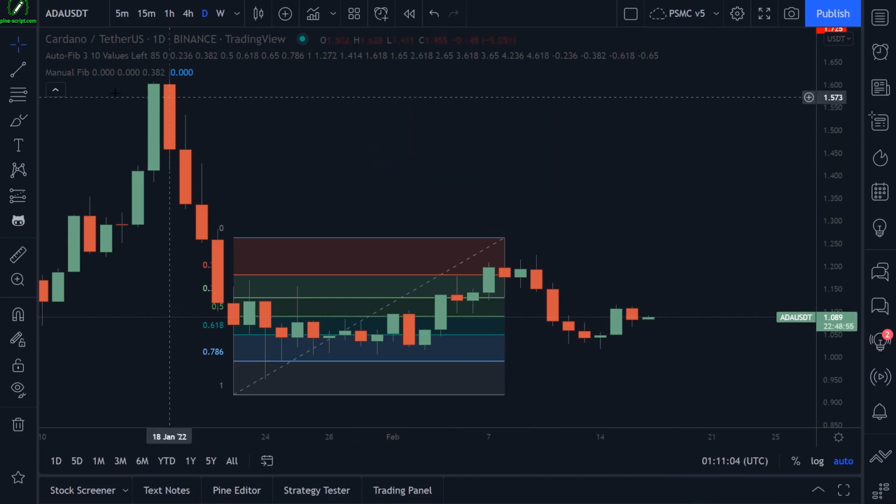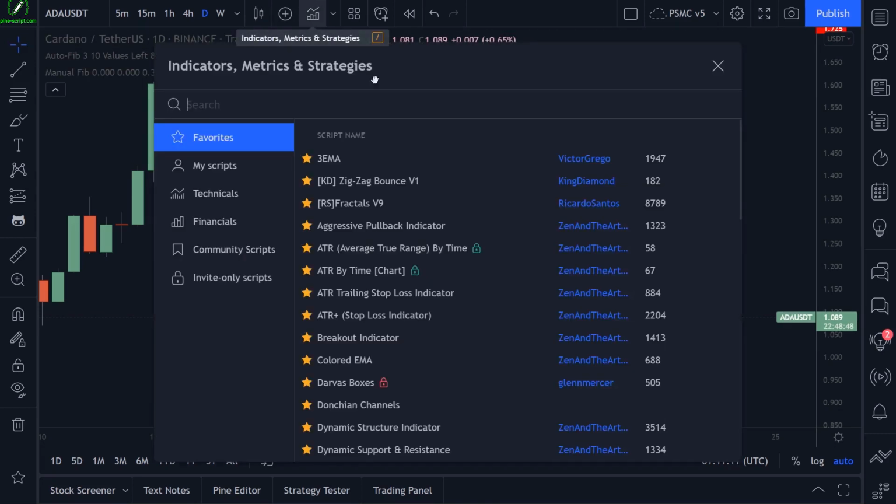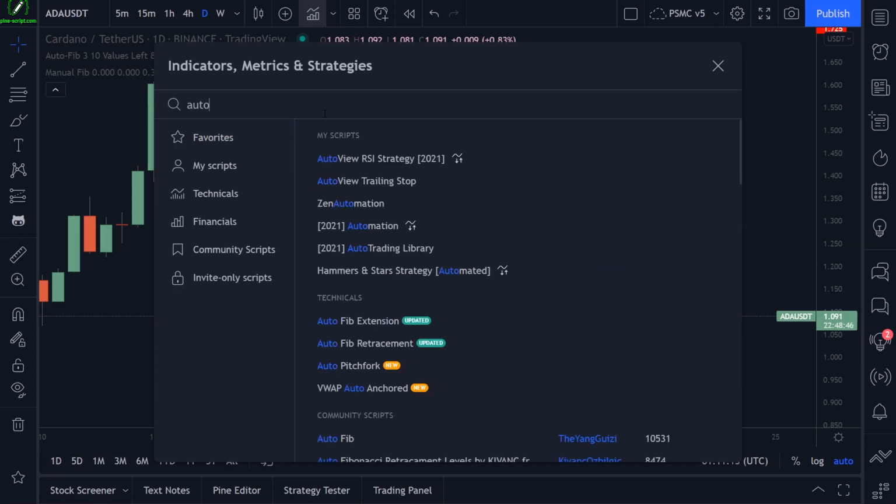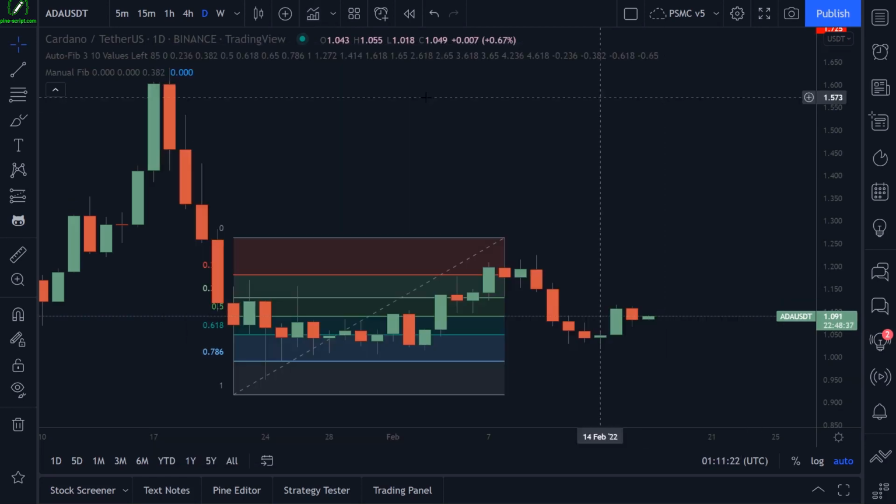So I have a couple of scripts here. One is the AutoFib script from the built-in TradingView indicators list. If I open up this and type in auto, we have our AutoFib retracement and AutoFib extension. I've modified the AutoFib retracement script to be a little simpler and a little easier to read, and we'll break